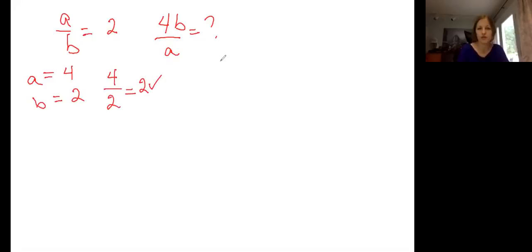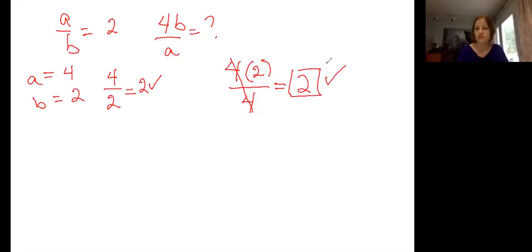So now if I plug those into what I have the question on, so 4B over A. A is 4. What does that equal? 8 over 4, or I can say my 4's cancel out and I'm left with 2. And I have my answer. The other method of doing this is to actually solve it algebraically. So if we wanted to do that,